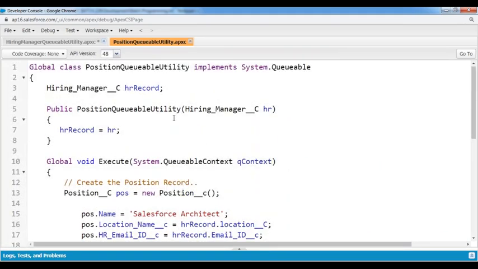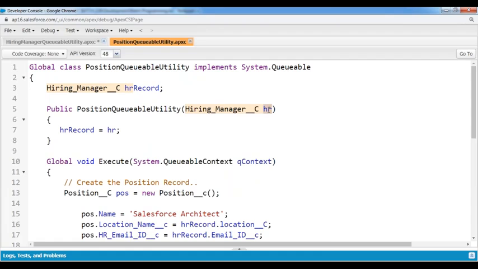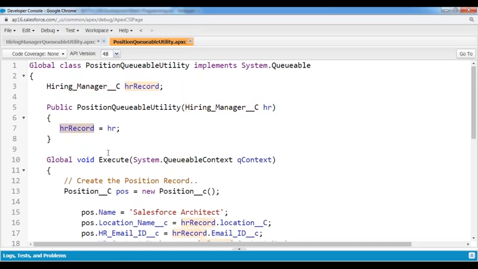So now here I'm going to be creating a constructor which will be receiving the parameter which is of type hiring manager record from the hiring manager queueable utility class. So now once the record parameter is available, once the HR record is available, I would like to make it as a global inside my class so that in the class level I have defined one hiring manager record parameter. So now in this parameter I'm storing this value so that we can access it in the entire class